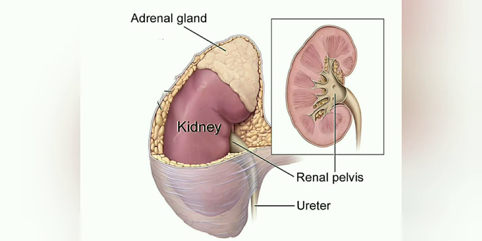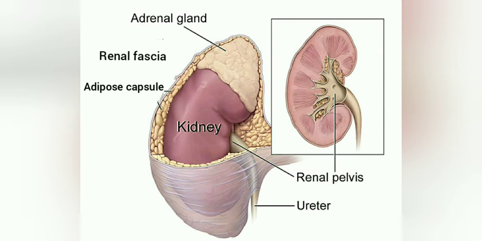Each kidney is externally covered by 3 layers of tissues. The outermost layer is called renal fascia. It is made up of thin layer of fibrous connective tissue. It anchors or holds the kidney to abdominal wall as well as surrounding tissue. Middle layer is made up of fatty tissue called adipose capsule. It protects kidneys by shock absorption.